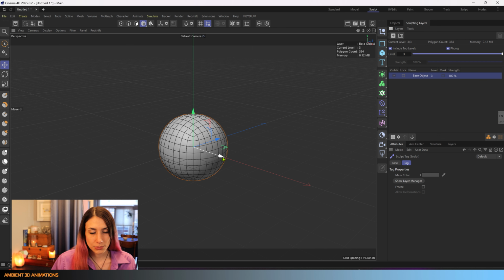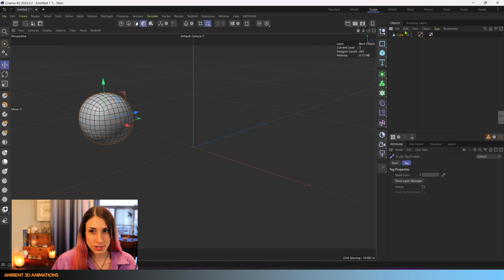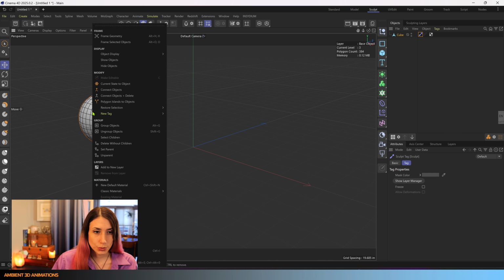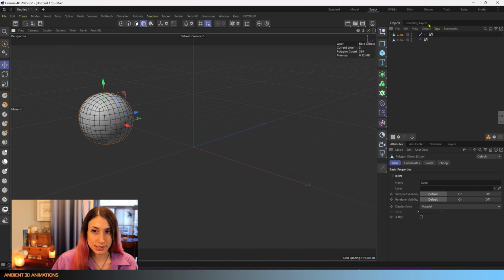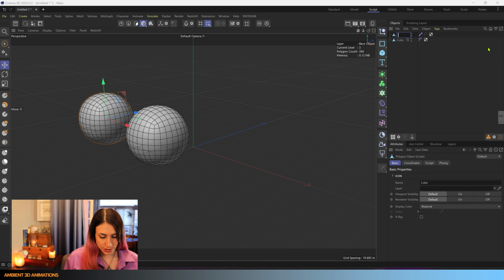Now let's go ahead and move this on over. And I'm going to right click on it actually to convert it back to being a regular object without a sculpting tag. So I'm going to right click on this, select current state to object. It'll make a copy of this first one and we'll have the second one. So to prevent confusion, this one is original subdivided cube, and this one is editable